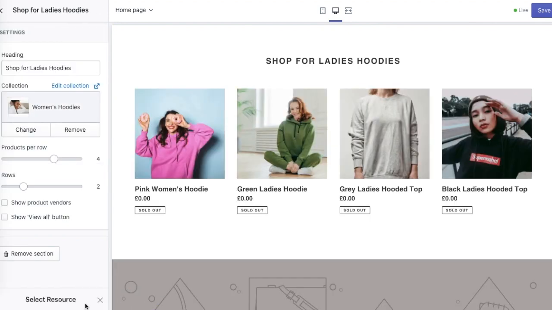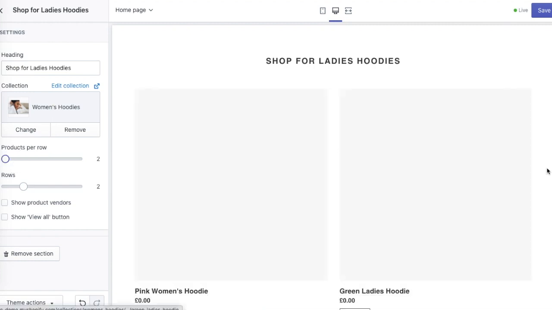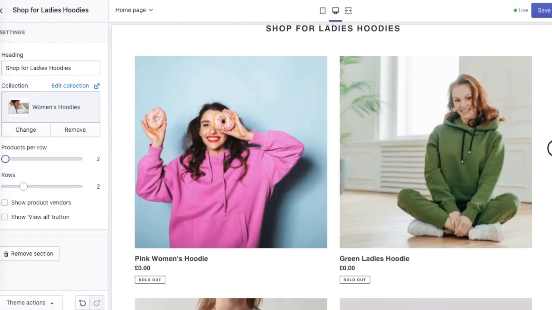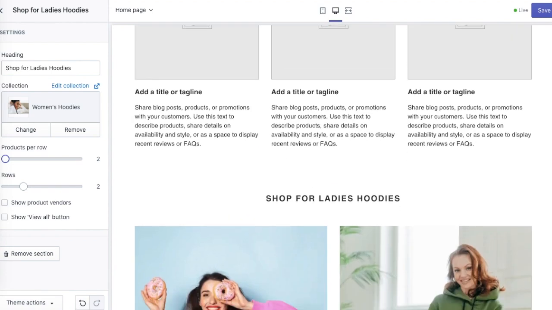Click on Select Collection, and I'll select our Women's Hoodies collection. Simply click it and select. As you can see, those products are automatically displayed on our homepage. If you want to change how many items are being displayed per row, simply drag and drop this selection to display only 2 items per row. 2 items are being displayed per row, and in only 2 rows we've got only 4 items in this collection,